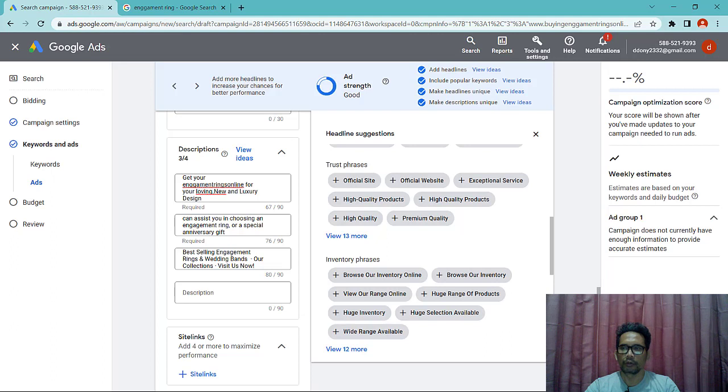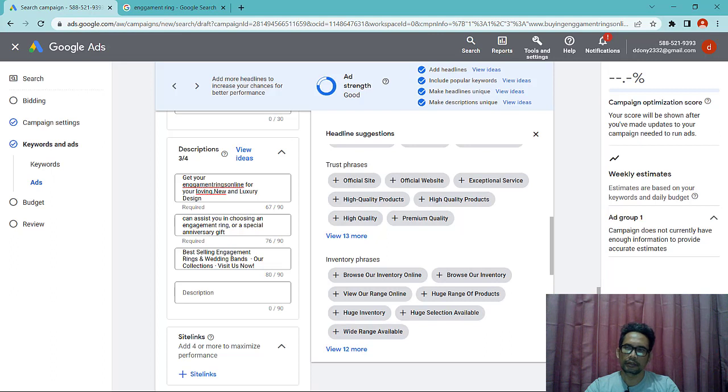For best results, follow these recommendations. Provide at least 5 distinct headlines. Don't use the same or similar phrases, since redundant assets will restrict the ability to generate ads.